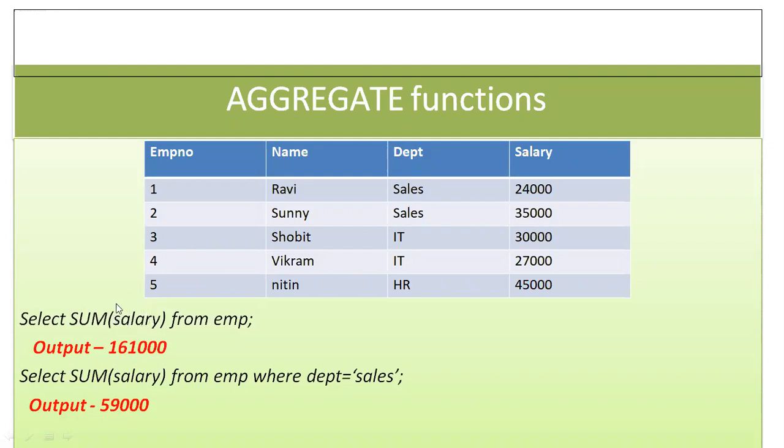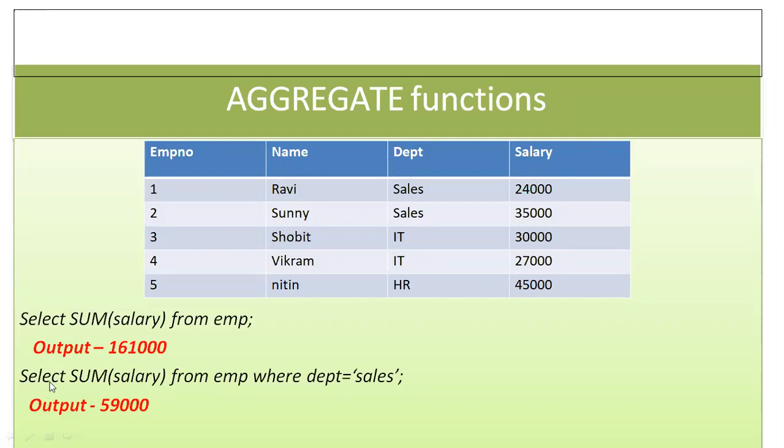This should be a numeric column. So SELECT SUM is an aggregate function. Here salary is a column which has numeric values, FROM EMP. So all the values will be totaled and the sum will be displayed. Any numeric value can be summed, otherwise a string value cannot be used with SUM.